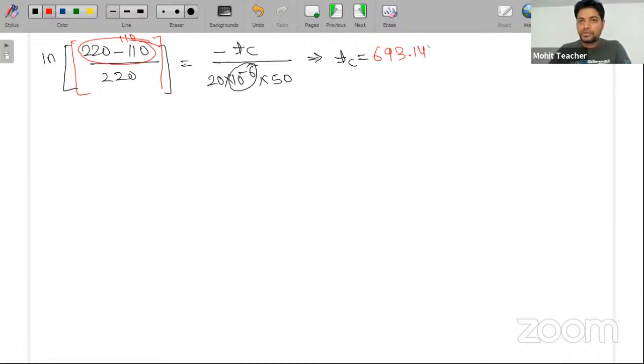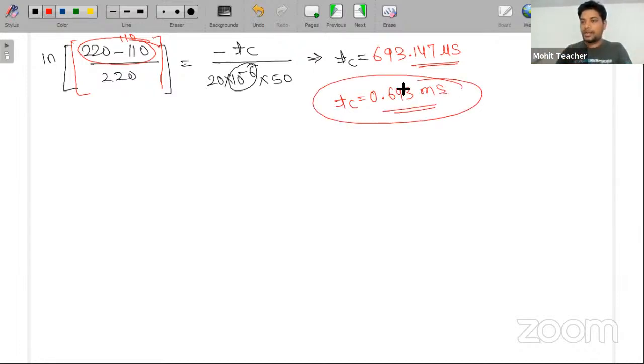147, right, 147, that is in 10 raised to power minus 6 we are considering, so that will be equals to microsecond, okay, and this DC will be equals to 0.693 millisecond. If we want to keep it in milli, okay, then just multiply by 10 raised to power minus 3, so it will shift over here 1 2 3, okay, so that will be equals to 0.0693 millisecond. Now what we have to calculate next, that is ED, so this is one answer done,